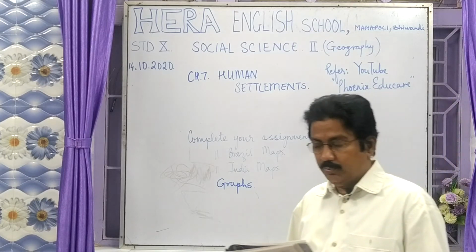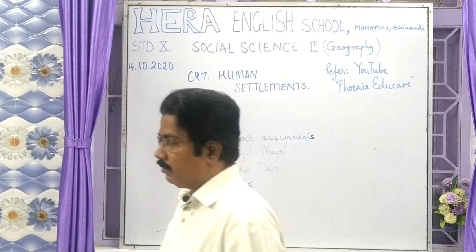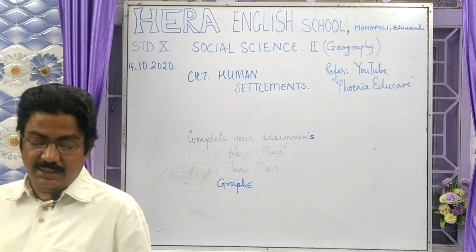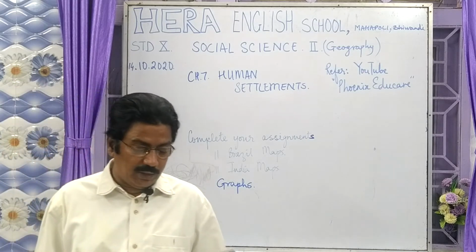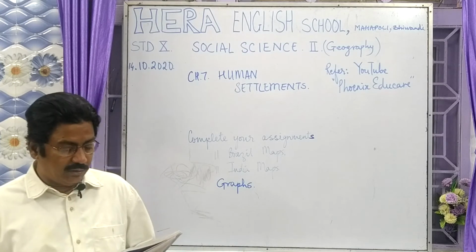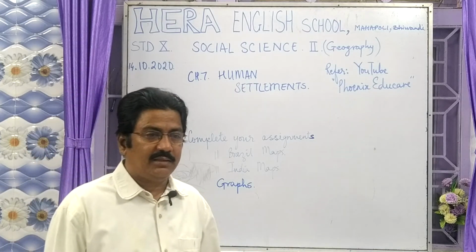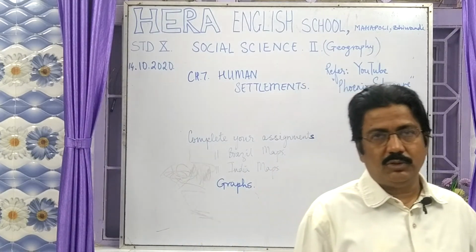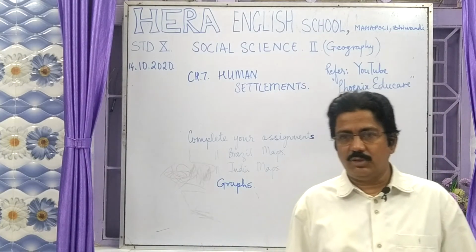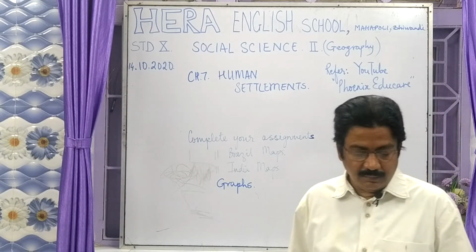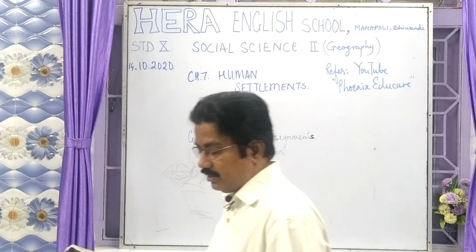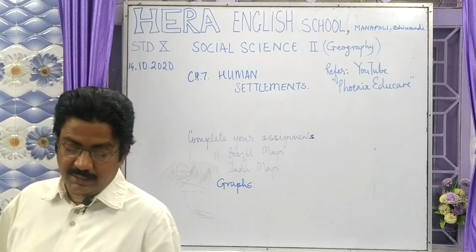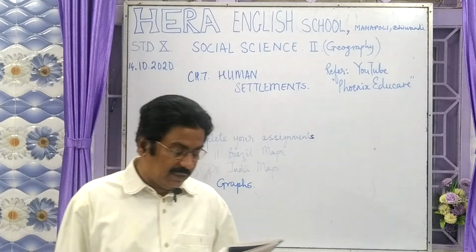So, figure 7.5, India's trend of urbanization from 1961 to 2011. Every 10 years: 61, 71, 81, 91, 2001 and then 2011. That 10-year calculation is known as census, C-E-N-S-U-S, and it is done in percentage form. What is the percentage of urbanization in 1961? It is 18% in 1961.